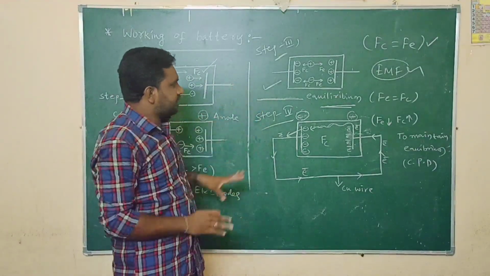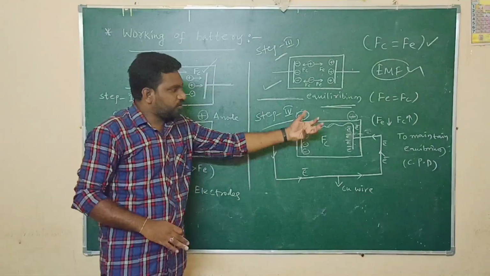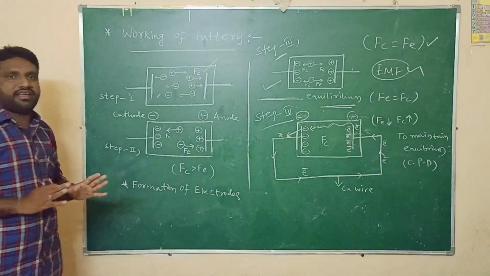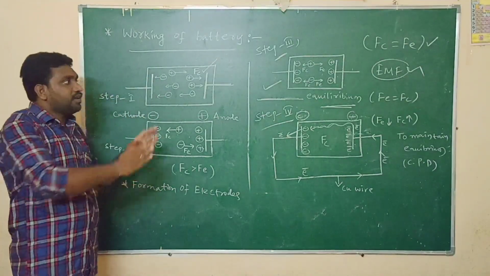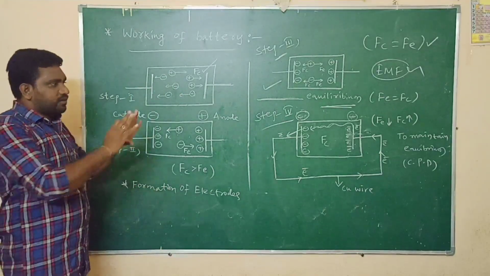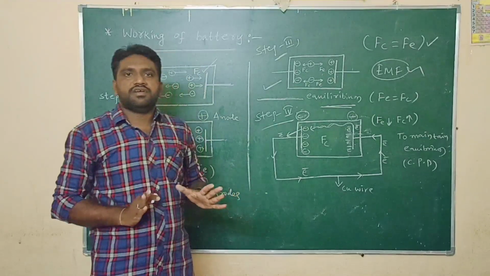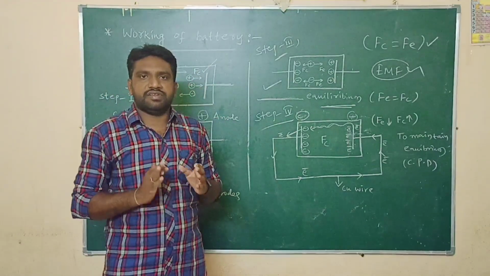So this is the way the battery is going to work, and this is the way the battery is going to be discharged. So this is the complete explanation of the working of a battery and how the battery is going to be discharged, the components inside the battery, and how the battery is formed. So this is the complete information about the battery or cell. In this way, a battery maintains constant potential difference in the circuit.